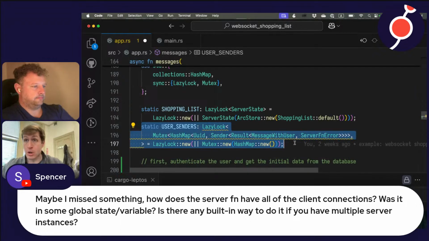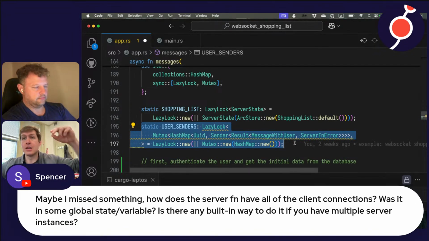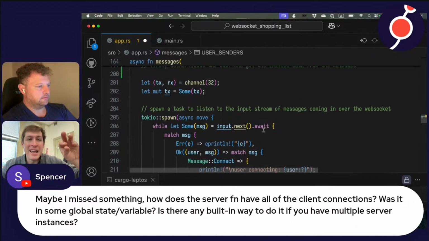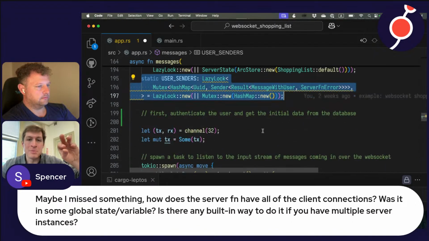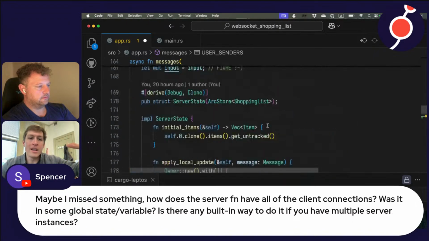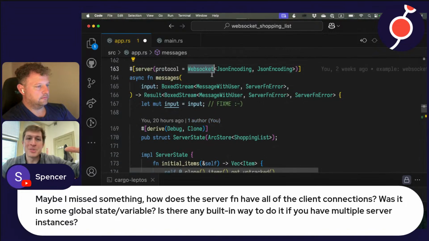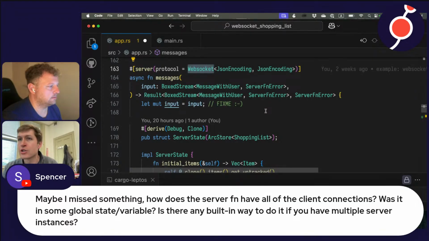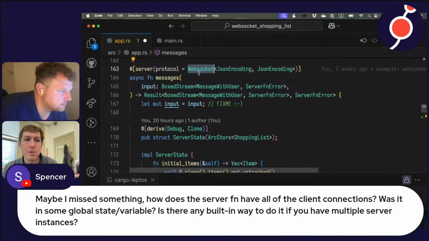So basically there are a bunch of Tokyo tasks, right? Each Tokyo task is listening for messages into a sender. And then, basically, no, I'm sorry. It's not the task that we spawn down here. What this server function, what this WebSocket protocol does is it takes the stream that you give it out and the stream that you give it in, and it maps these into the WebSocket messages underneath. And so the server function, it's like the implementation here